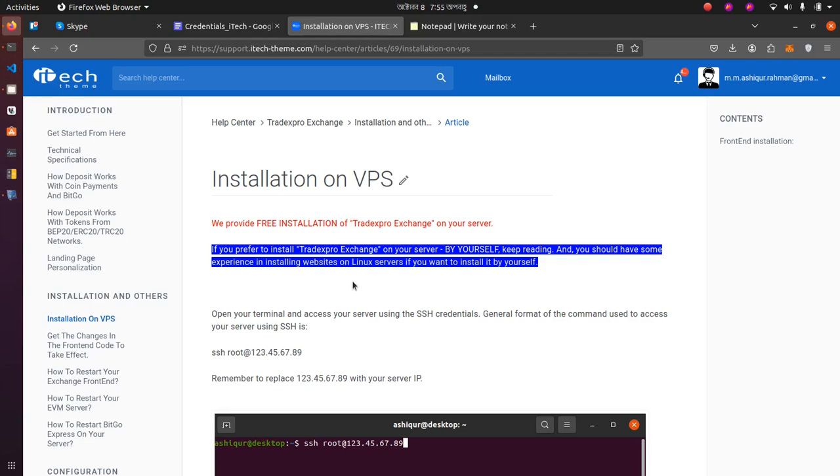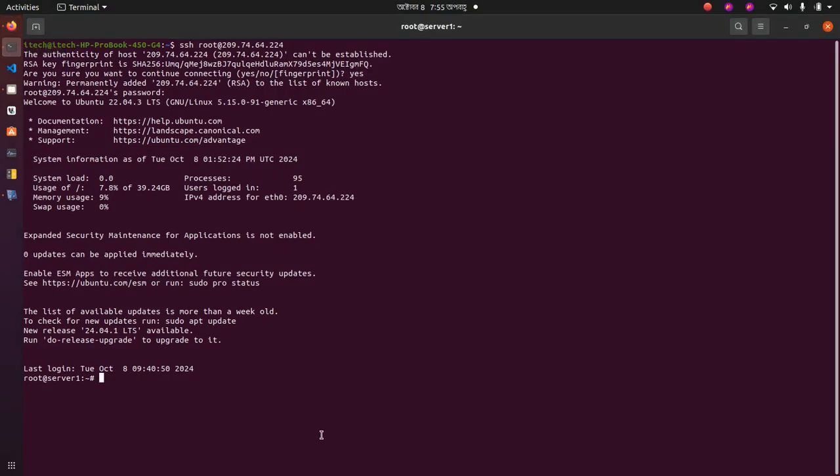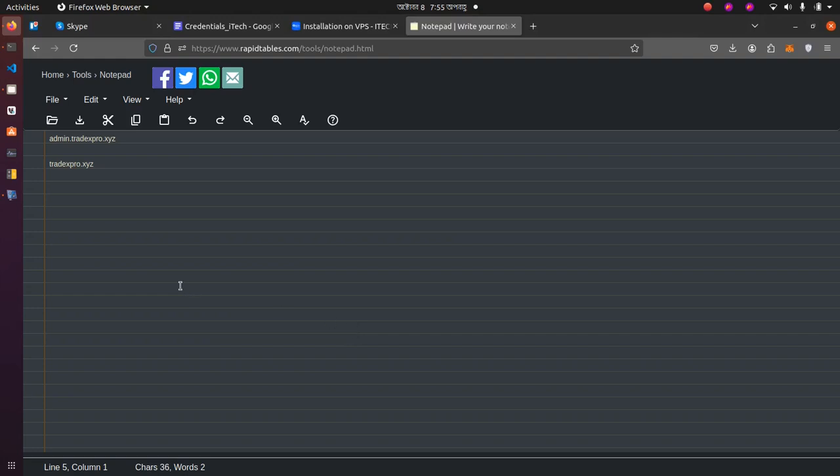Right, so to start we need two things. First, you need a VPS server. I have a VPS server that I have installed Ubuntu on, and I have a domain. The domain is